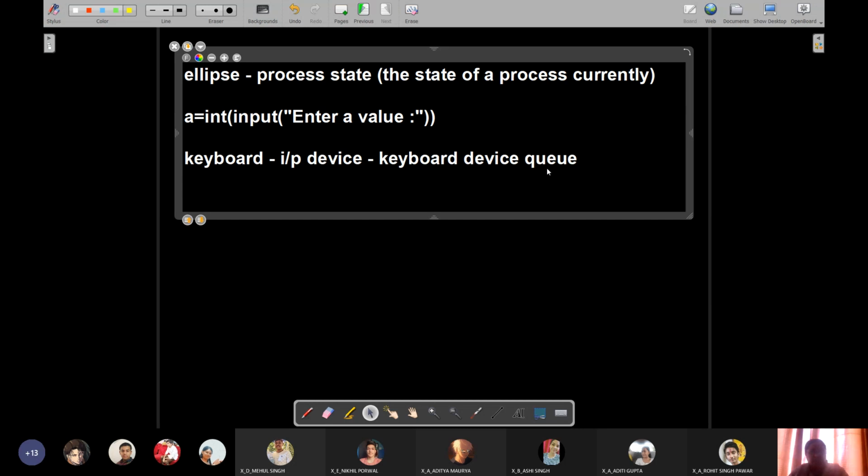Every device has its own queue, right? Like I showed you in the previous slide that the printer has its queue. So this keyboard will have its own queue and this process will go into that device queue waiting for the IOCS, the input output control system, to execute the statement, right?